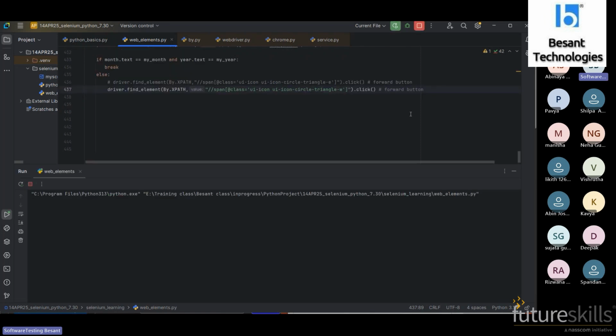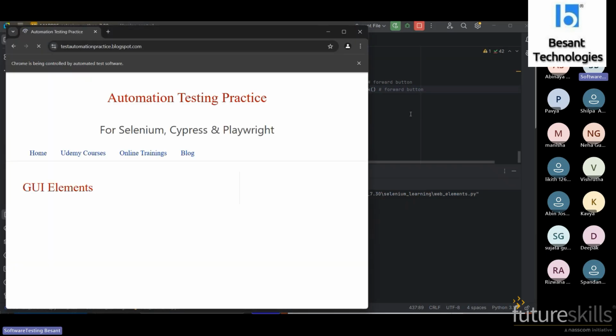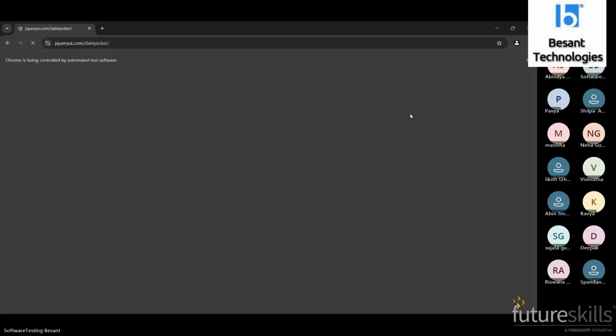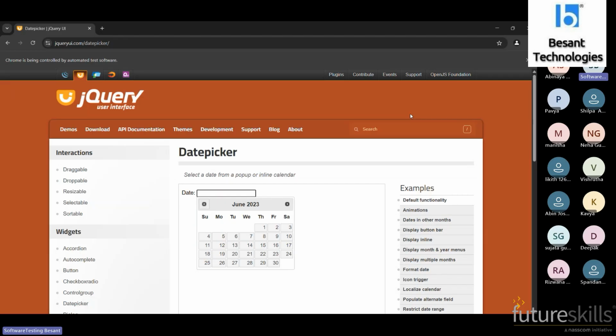If we run this program, we are expecting a backward move now, I mean the last, previous completed years, right? So now it will be clicking the backward years. It will click until June 2023. Okay, it is according to our expectation. According to the test case, whichever year we want, we do the automation. You got it?